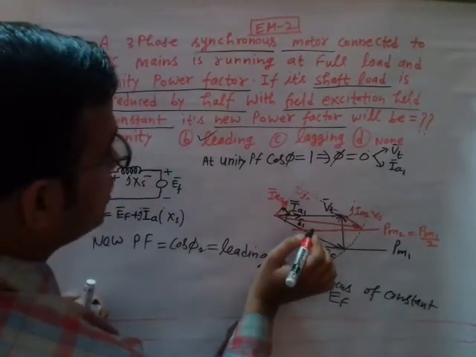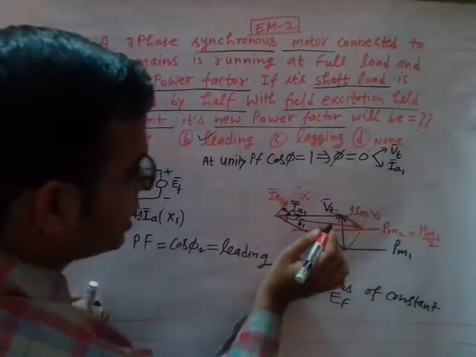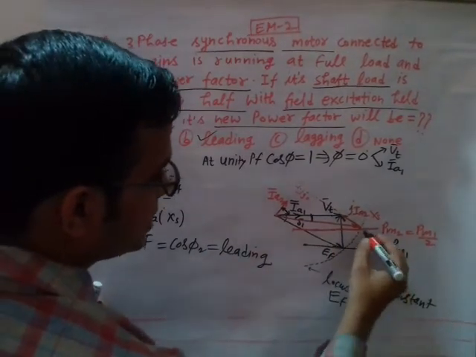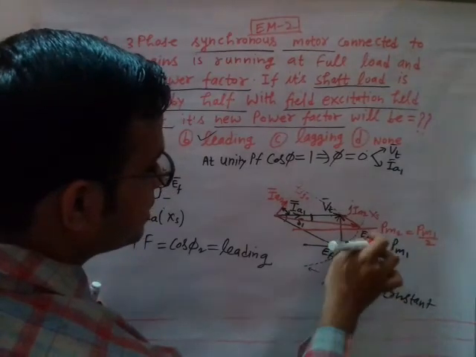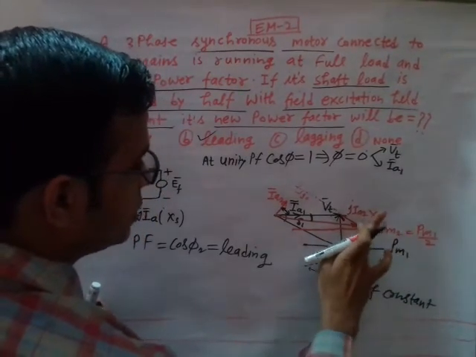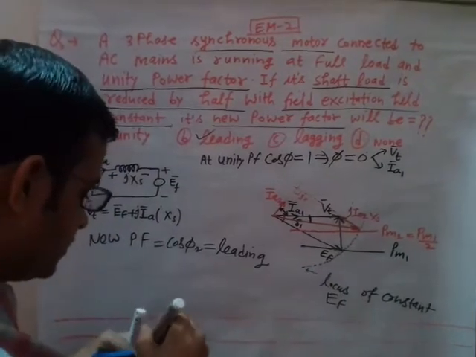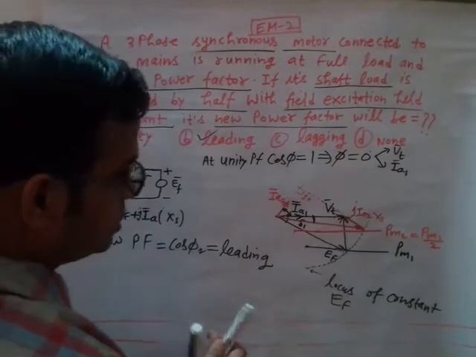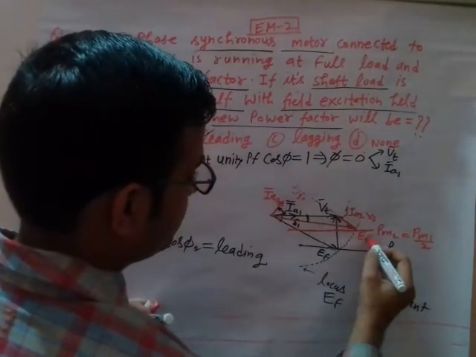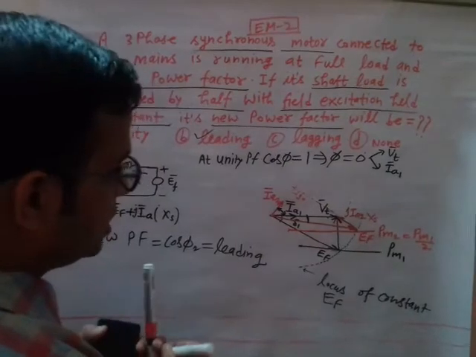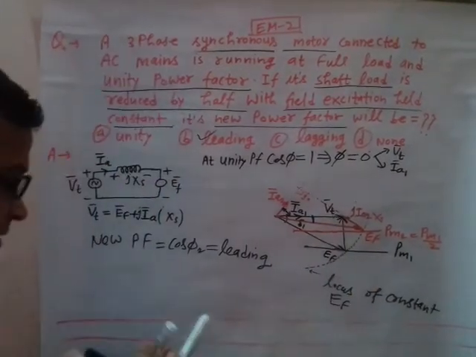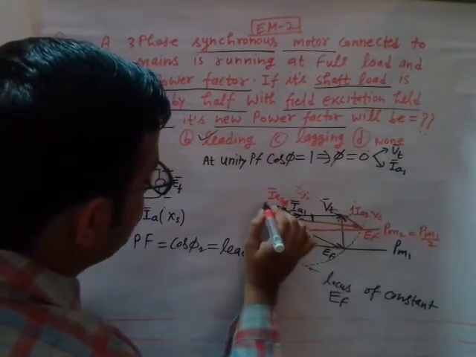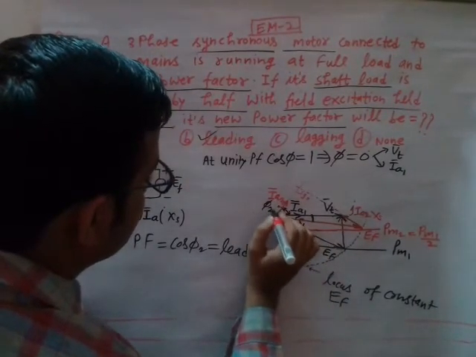Suppose now if he is asking about the load angle, you can also tell what about the load angle. The new load angle will be this much, right? Excitation EMF would remain fixed still, because you have kept the excitation EMF fixed for the new case, as per the demand of the question. So this is the excitation EMF for the new case, which is again the same, because excitation EMF is fixed. So this is the new power factor angle phi 2 which is leading, right?